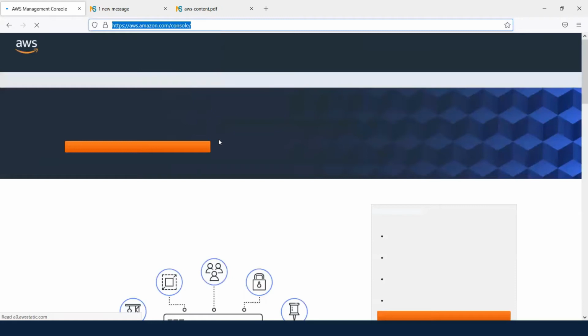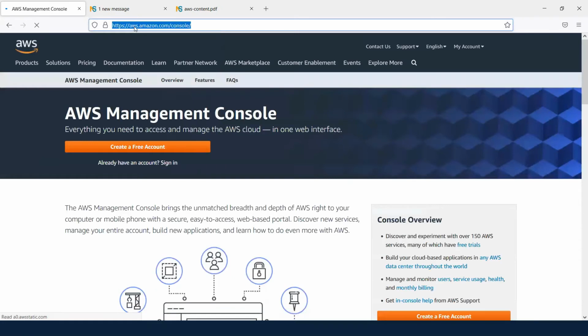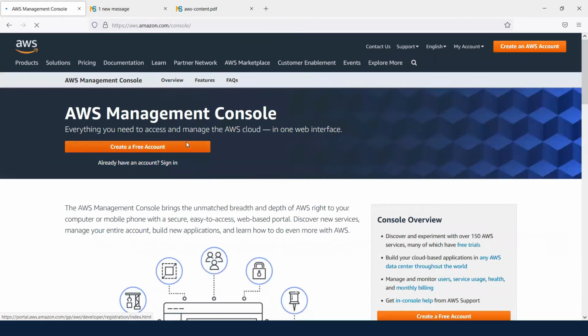You can create your free account over here. There are 5 steps to create a free account. This is going to provide you free services for 1 year. So if you want to practice on the AWS cloud, you can create and use your free account. It is going to ask for your credit card or debit card, and it accepts Visa and MasterCard.